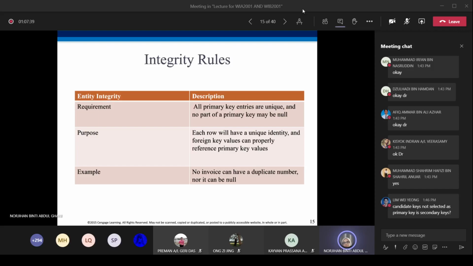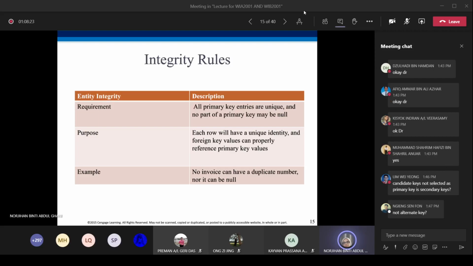If we consider the student ID as the primary key, there must be a value for student ID. It cannot contain null values. The purpose of this entity integrity is that each row will have a unique identity and foreign key values can properly reference primary key values. Because a primary key is used to uniquely identify a row, it cannot contain a null value.